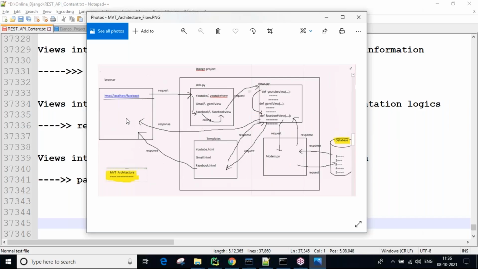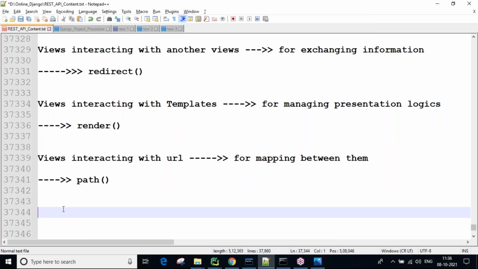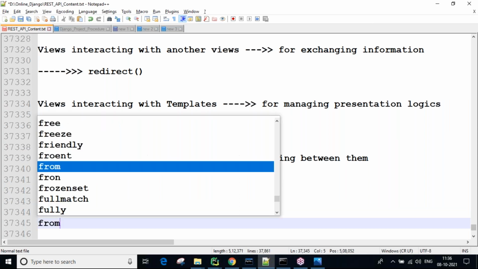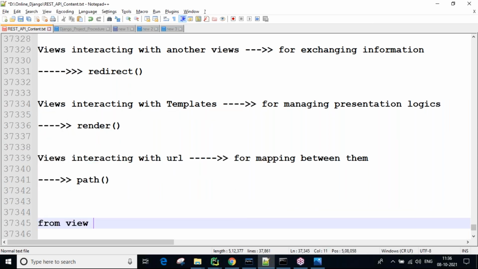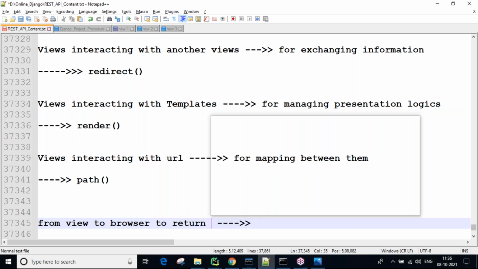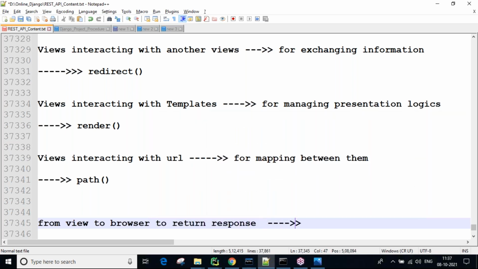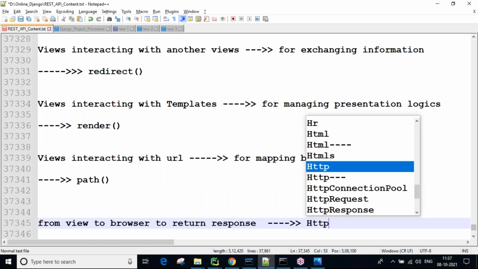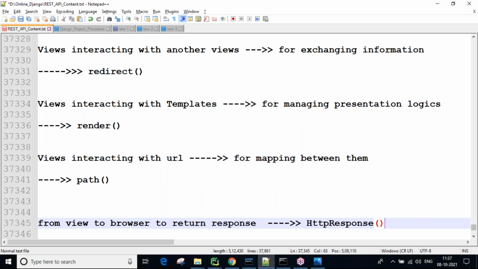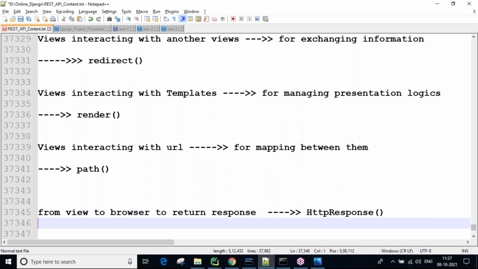So from view to browser, to return the response, we are using the HttpResponse method.